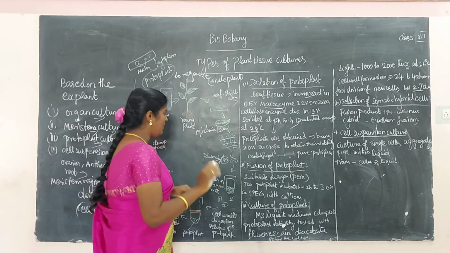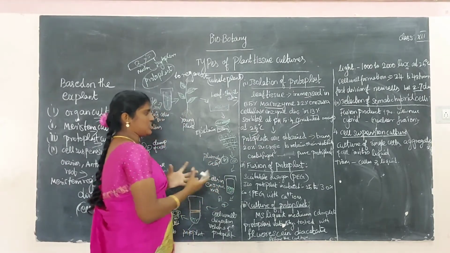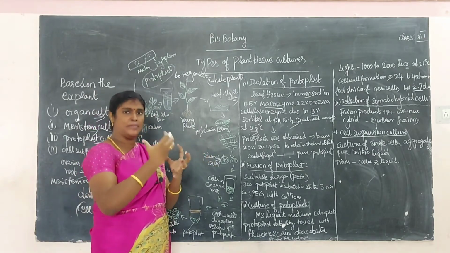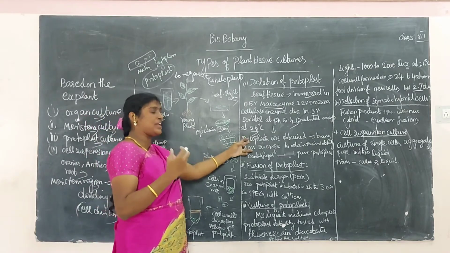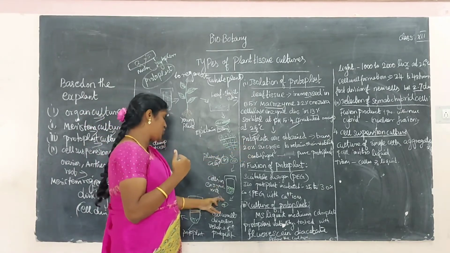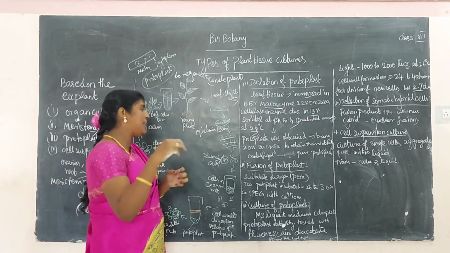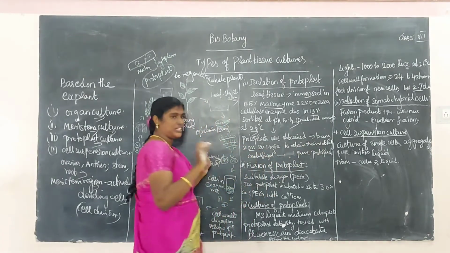Next, we apply the temperature. What happens then? The protoplasts are easily peeled out and easily obtained from the test tube. Then you have to add some chemicals: transfer to 20% sucrose.